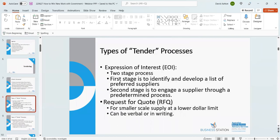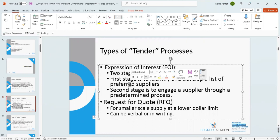Types of tender processes. I use the word tender as a catch-all, but there is various terminology that you'll come across. Expression of interest, generally a two-stage process. The first stage is sort of a pre-qualification process. They'll go to market wanting suppliers to send them information, and then they'll subject you to due diligence and determine a list of pre-qualified suppliers that they would then go out to a tender for,